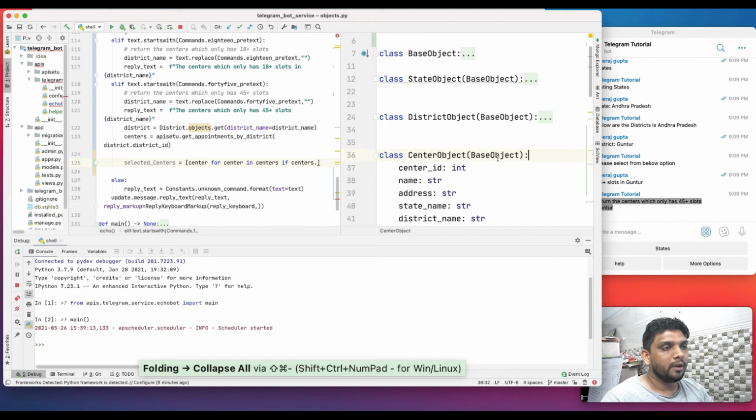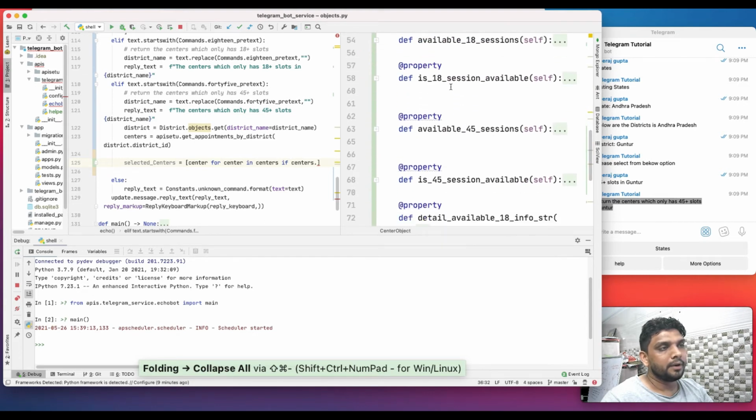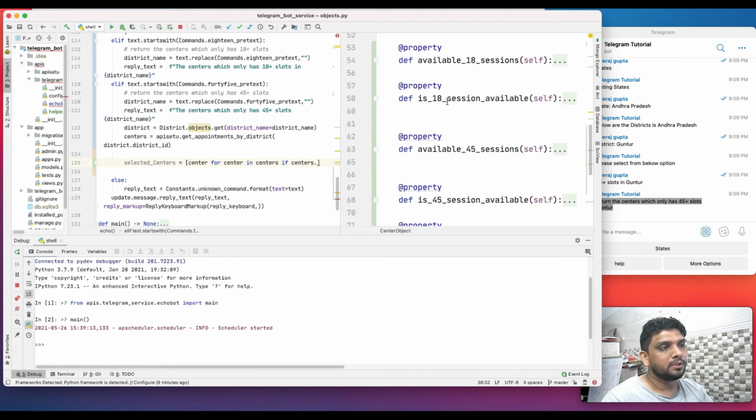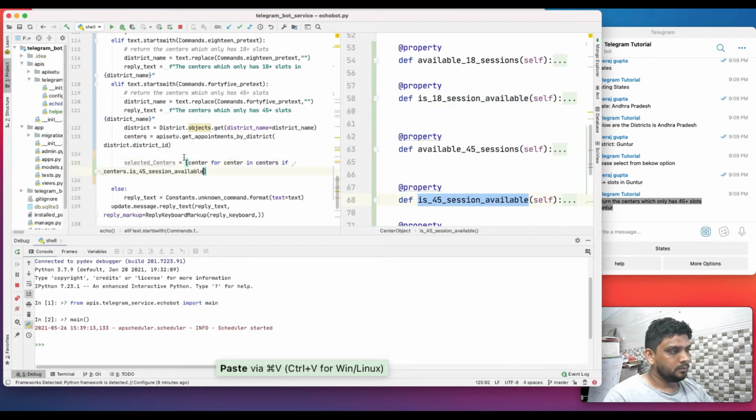What we have created over here is this function, is 18 plus session available. If I get true, I will use it. If it is 45, selected centers would be all those centers where this info is available for 45 plus. So I've got the selected center.